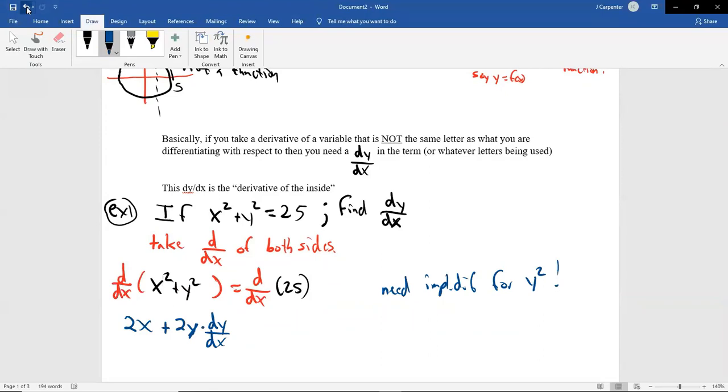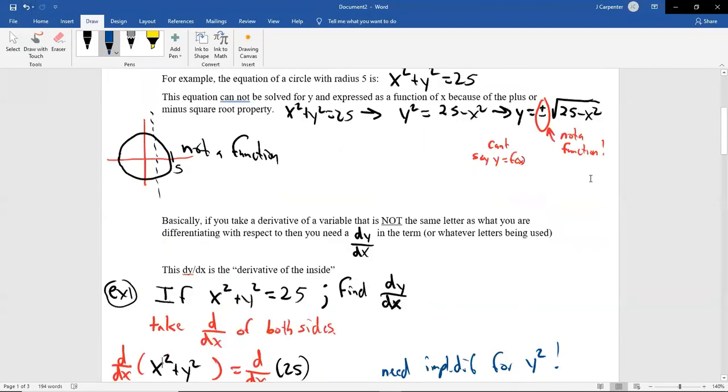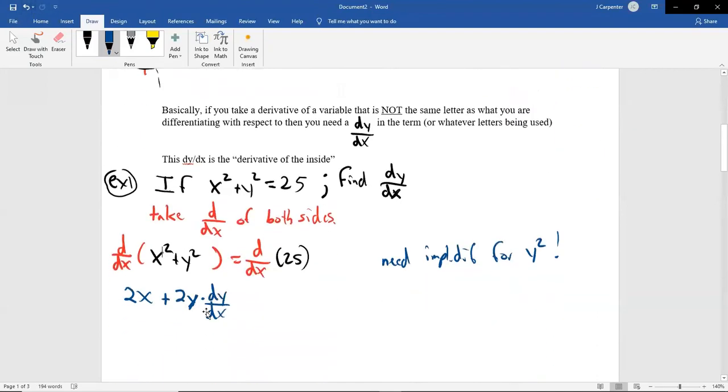Because y is the substitution variable in that instance that we're not seeing. Back up here, y is really this thing, so we're taking the derivative of that with respect to x. This is the inside. But again, it's not really a function, so we can't use it. So this is us pretending like we took that derivative, and then equals, the derivative of 25 is 0. The derivative of a constant is always 0. So again, the only new weird thing here is this part.